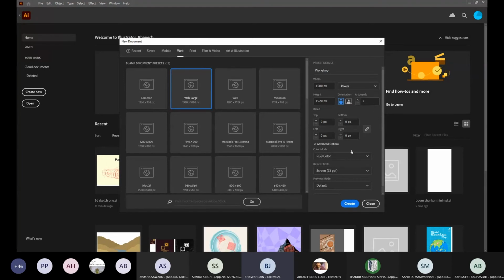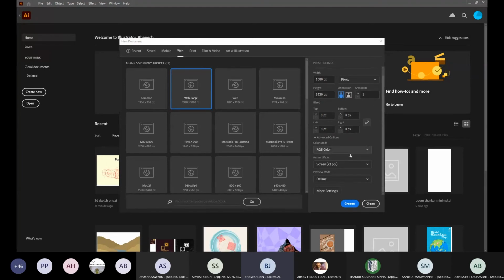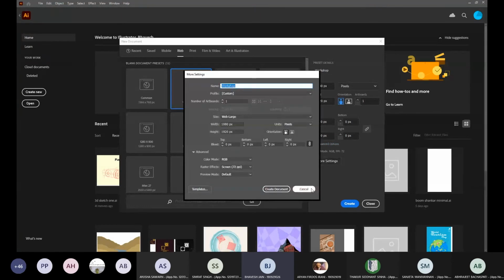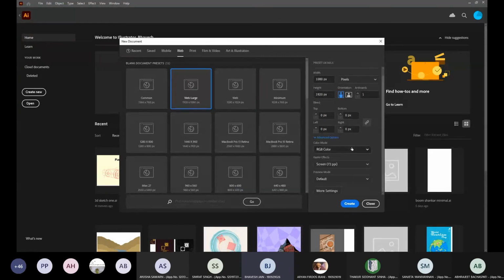I'll come to artboards in a while, and the color mode, RGB, CMYK. RGB is what we use for web displays, for our screens, and CMYK is what we use for printing. And now coming on to raster effects. So this is the density of your image.